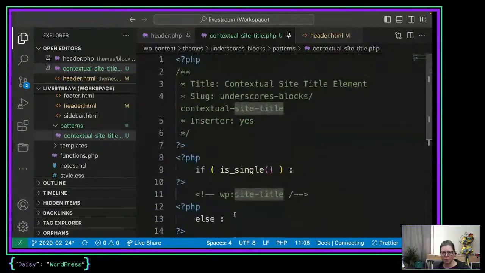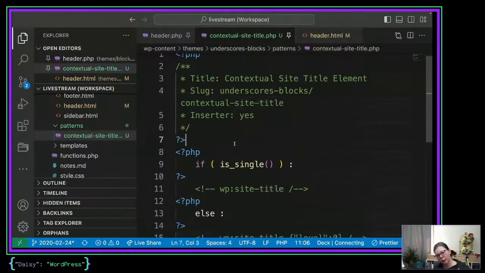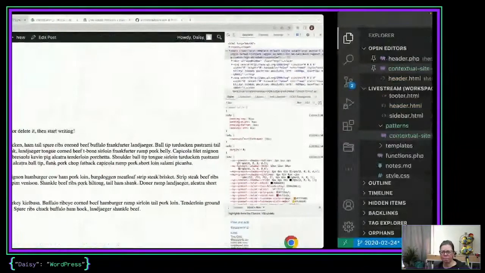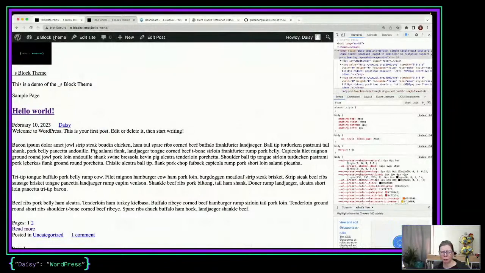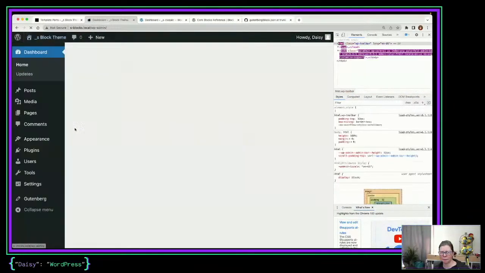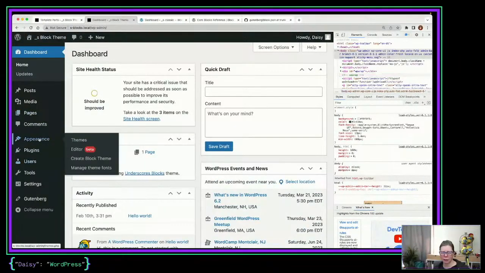I don't have a solution to this right now. So I guess the other way to do it would probably be multiple template parts, which I don't love. But in this case, it's only one additional. So